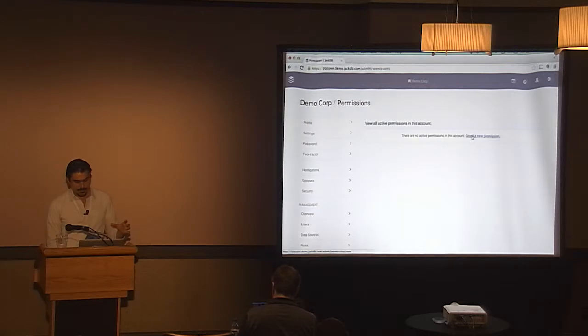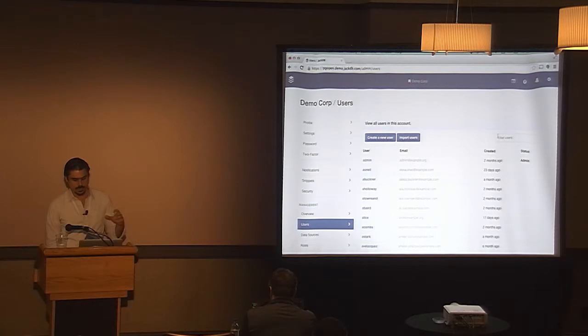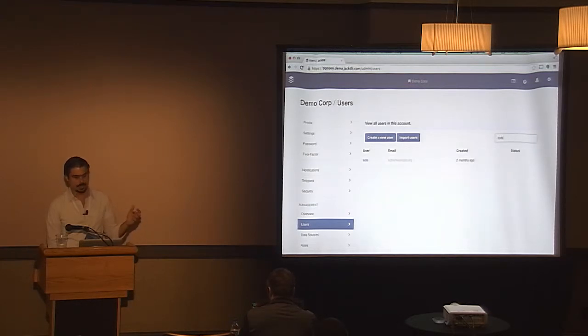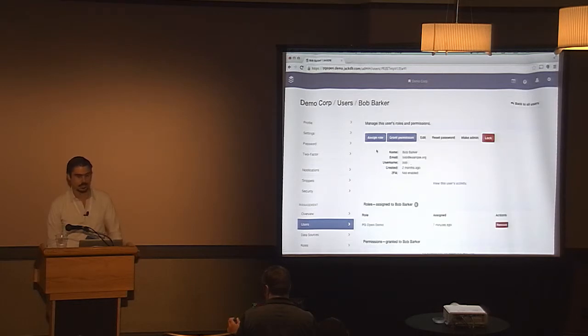Now, with permissions, there are times when you're accessing a data source where, on a daily basis, you'll have access to a read-only version of the data source. But if there's some production issue, you have to go in and fix something, or if you're doing a migration, for example, you want limited access to the read-write one. But you don't want to have that on a daily basis, and the process for granting or revoking access is hard if people have the password and then you have to rotate it and change it. User provisioning doesn't have any standard way of dealing with itself, there's no real way of granting or revoking access like that.